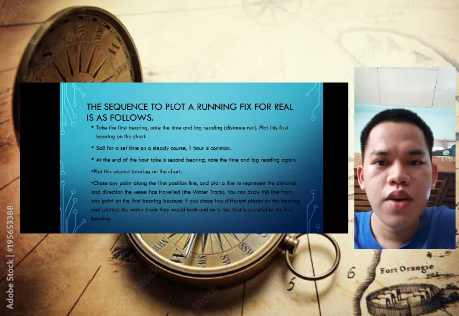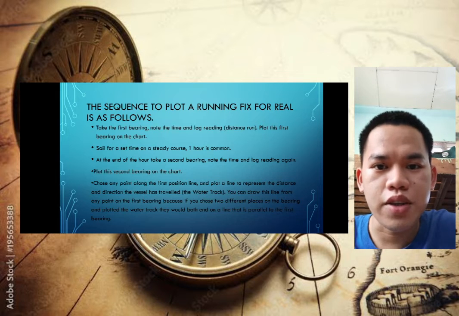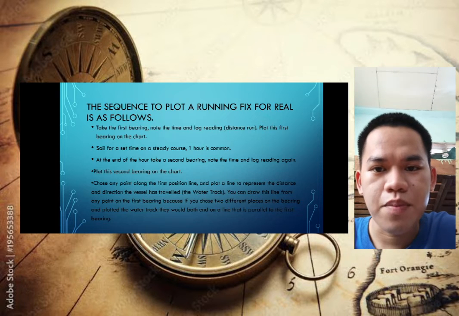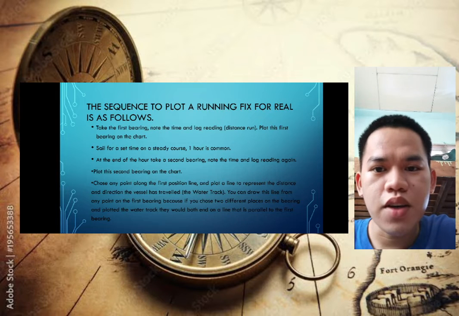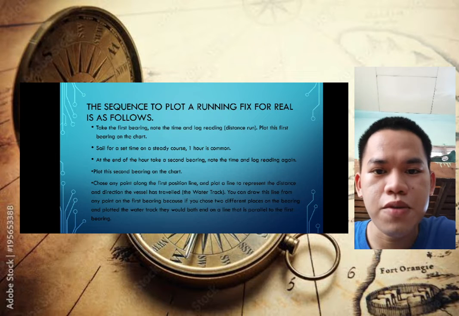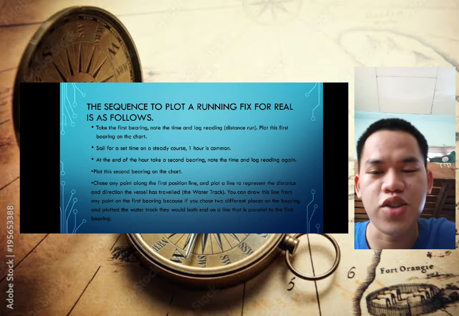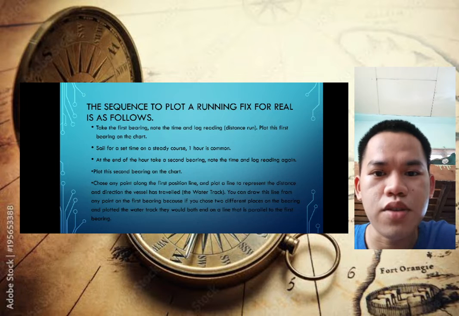First, take the first bearing, note the time and log reading or distance run. Plot the first bearing on the chart. The second one is sail for a set time on a steady course. One hour is common. The third one is at the end of the hour, take a second bearing, note the time and log reading again. The fifth is plot this second bearing on the chart. And the last is choose any point along the position line and plot a line representing the distance and direction the vessel has traveled